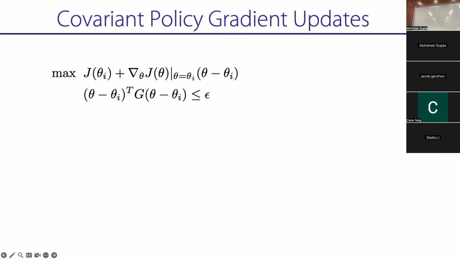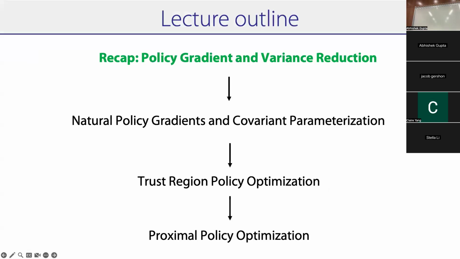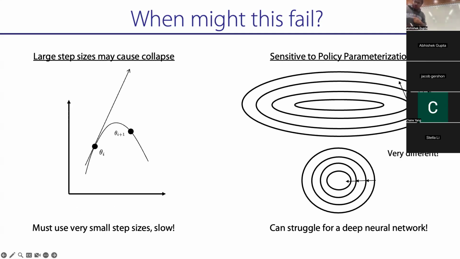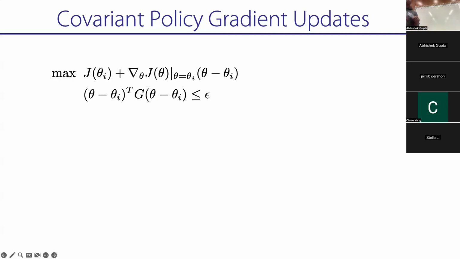But the first step is to ask: if we chose G as our metric, how does our gradient descent objective change? We did steepest descent, right? We said gradient descent is steepest descent under the Euclidean metric. Now let's not do steepest descent under the Euclidean metric, let's do it under some other metric. So the first thing we're going to figure out is, if we chose some metric G,